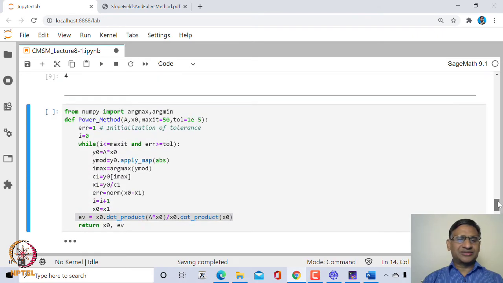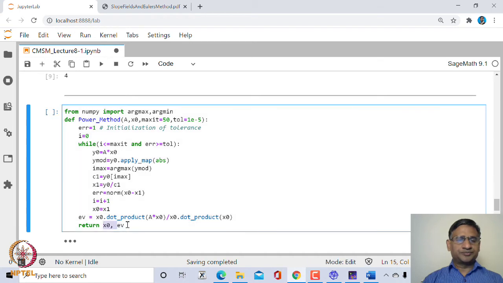Of course, in this case we saw that this Ck itself will give me the eigenvalue. So, therefore, we can simply return the eigenvalue as Ck. So, this is exactly the same, except that I have put this in a user defined function, and the name of this is power underscore method. So, input A, the matrix A, x naught is the